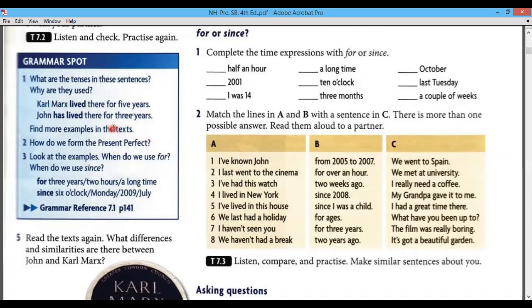Can you find more examples in the text? In John's text and in John's flat text. And how do we form present perfect? You remember in the previous video we used present perfect. We form present perfect with subject plus have or has plus verb 3. Verb 3 is the past participle, like buy, bought; speak, spoken; see, seen. So you need to remember this. Look at the examples. When do we use for